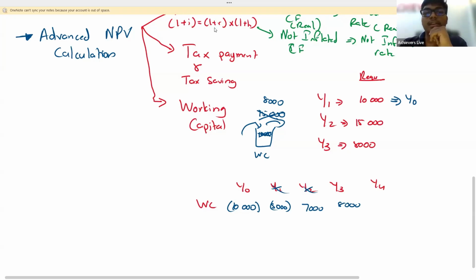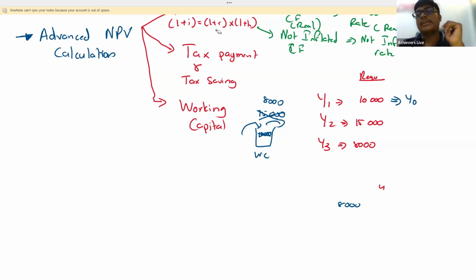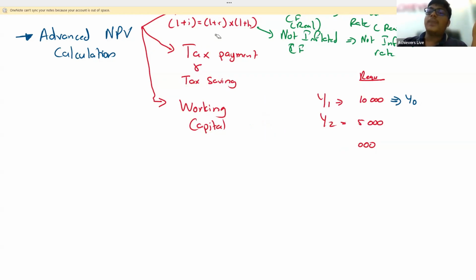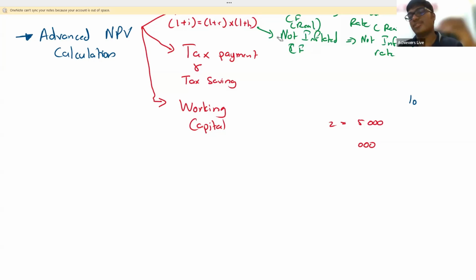Do we need to show the working capital working separately? Yes. If they have not given the working capital requirement, you have to calculate it separately and show. Certain times they will show the working, certain times they will give the requirement, certain times they won't. If they have not given it, you have to work it out by yourself.